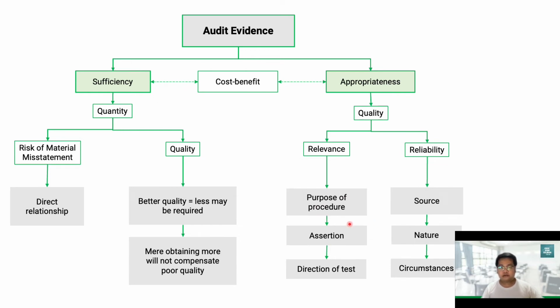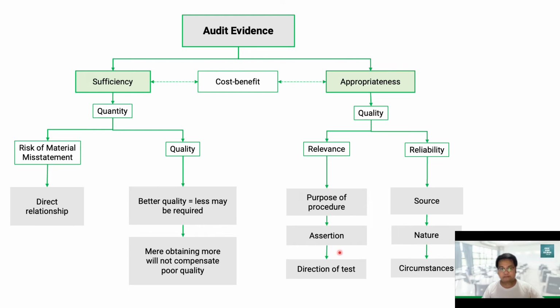So because they do not address the purpose or the type of procedure that you are performing. For example, if you're performing risk assessment procedures, then the evidence that would be relevant in that procedure would be limited to inquiry, inspection and observation, and analytical procedures. So that would also be correct or true for the assertion, or it would depend on the assertion that